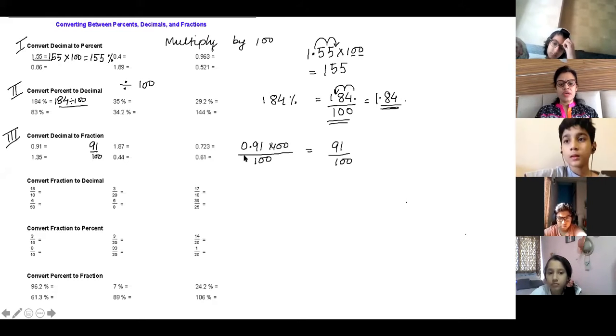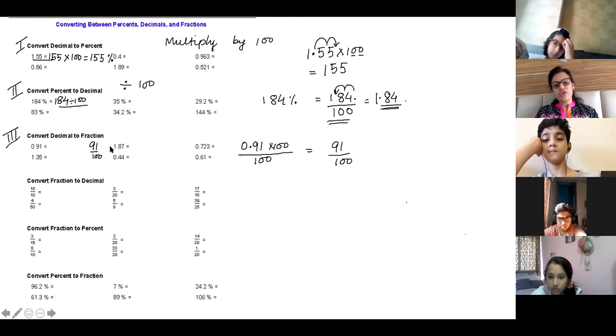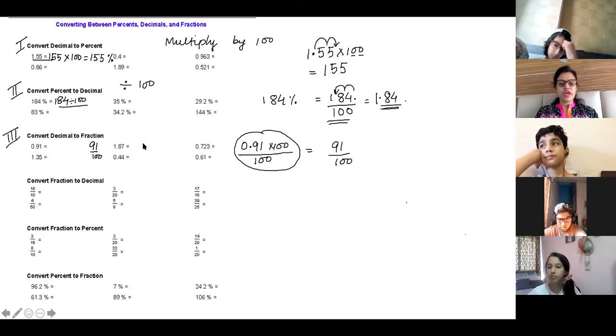Ma'am, is it okay if you do it like just write the question and then you write the answer? Yes, that also is fine because it is understood. Just small step is there. Even if you don't write the step, it is fine. The shortcut is what? 2 decimal you have to shift, divide with the same number of zeros.